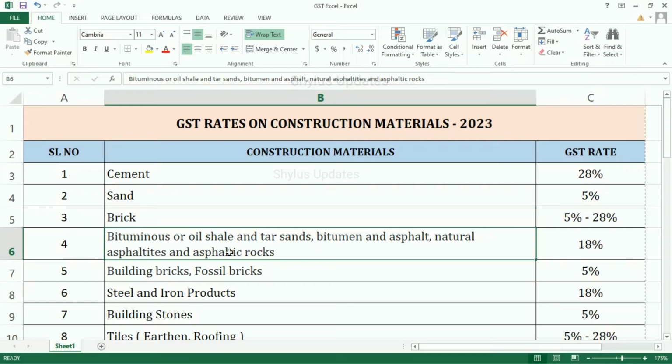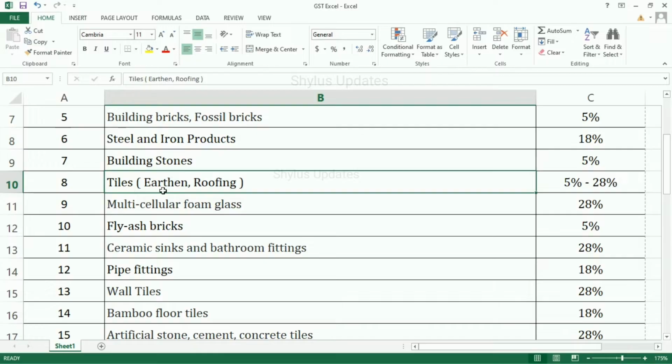Bituminous or oil shale and tar sands, bitumen and asphalt, natural asphaltites and asphaltic rocks 18%, building bricks, fossil bricks 5%, steel and iron products 18%, building stones 5%, tiles, earthen roofing 5% to 28%, multicellular foam glass 28%, fly